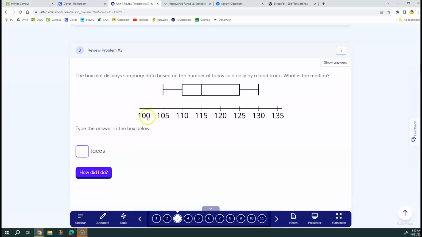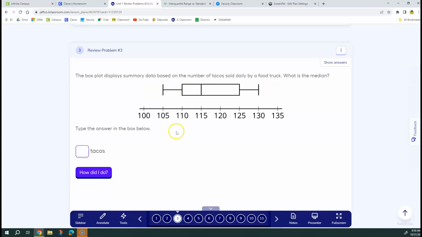Okay, box plots. The box plot displays summary data based on the number of tacos sold daily by a food truck. What is the median? Remember, on a box plot, this basically gives us